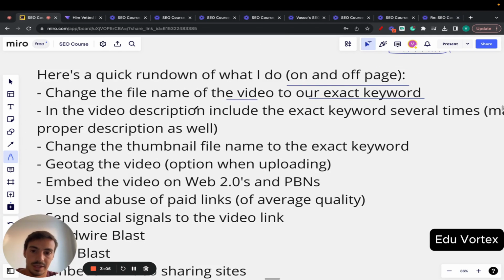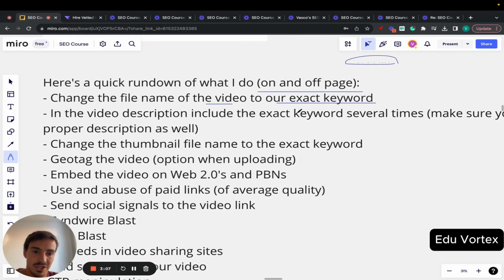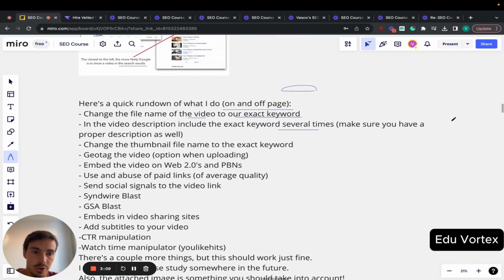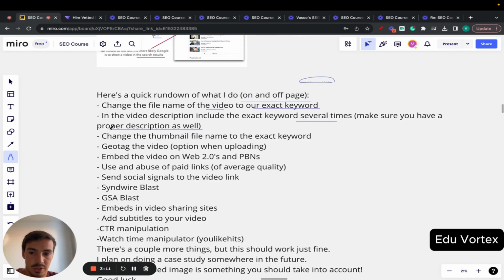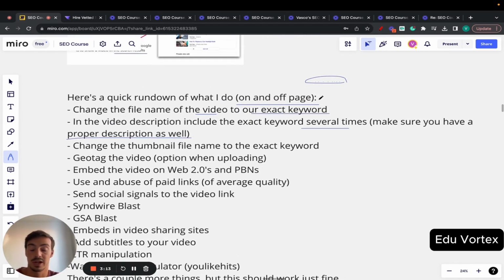Then, in a video description, include the exact match keywords several times. Make sure you have a proper description as well. So this ties in with what I've been saying before, that you don't just want to optimize for SEO, for the search engine of YouTube, by doing this. You want to make sure that the description you have is a properly written description that actually provides value to the person that's reading it, right?